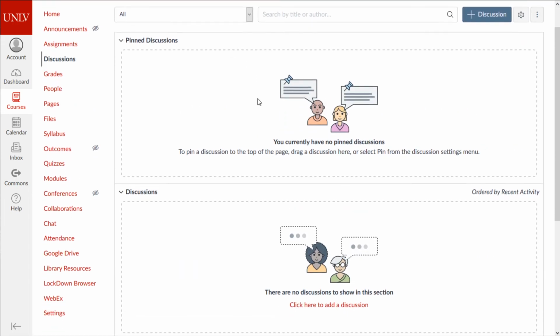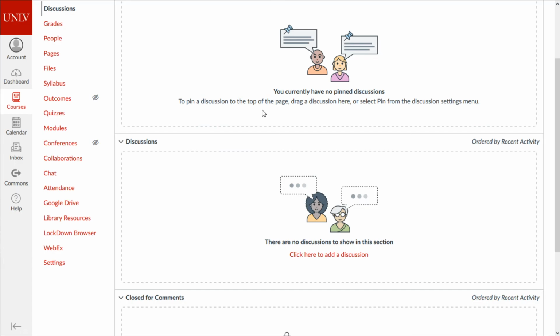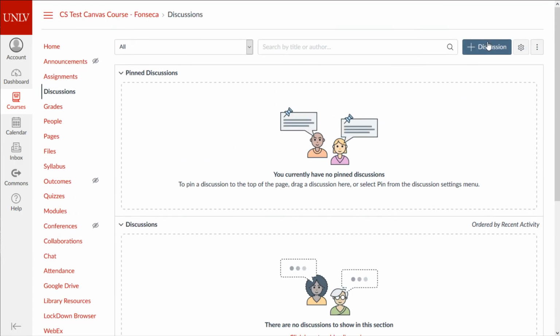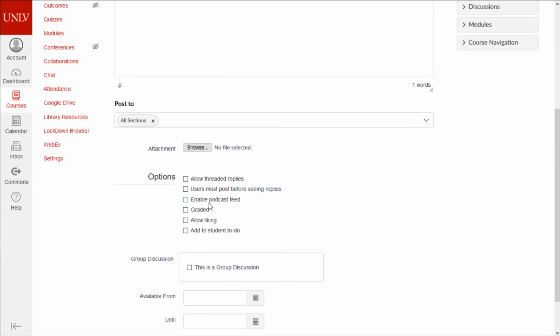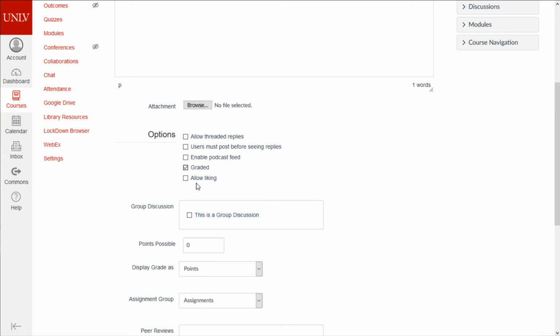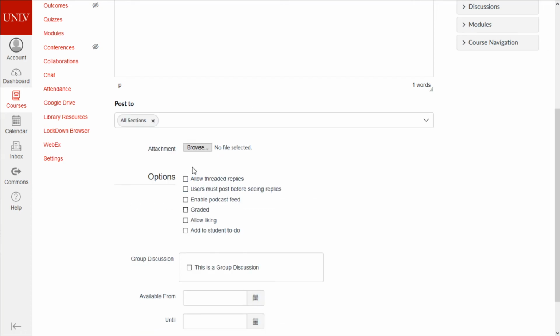What is a discussion board? It's basically a forum with threads. You can create a post, you create a discussion, test, hi. You can allow threaded replies. You can even do grading. I've never done this, but I do know some people do this,